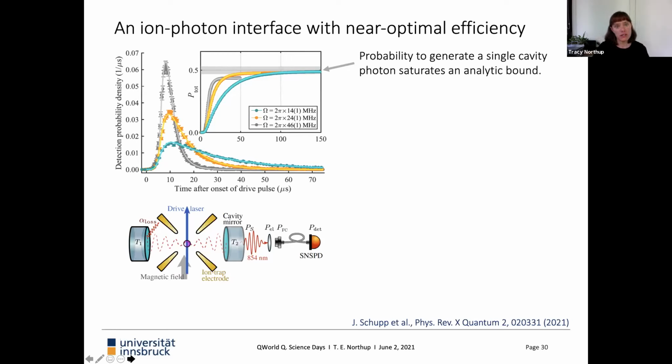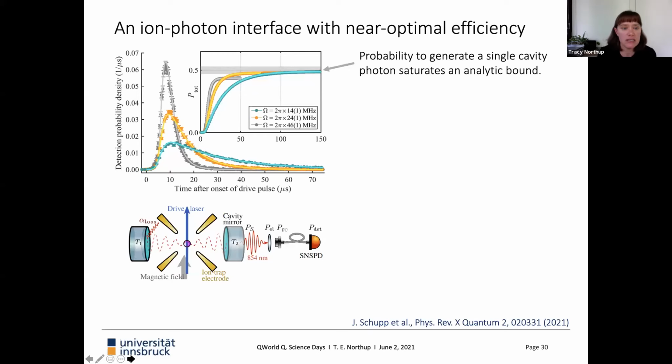It's looking at these wave packets. What you see above here are the different temporal shapes of photons coming out of a cavity. The reason there are 3 different ones is because we're driving the Raman process with 3 different intensities. So the gray one is with the highest intensity field, so the photon leaves faster. The blue one was with the slowest field, so the photon takes more time to come out.